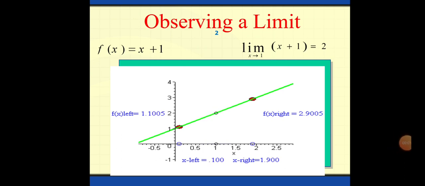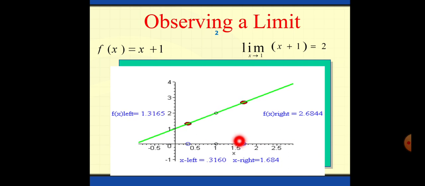Hello everybody. Today we are going to discuss how we can find the limit of a function. For example, if we have f of x equals x plus 1, and we want to find its limit when x approaches 1, or we can say x tends to 1. So this is the line x plus 1, and if we notice here, when x approaches 1 from the right